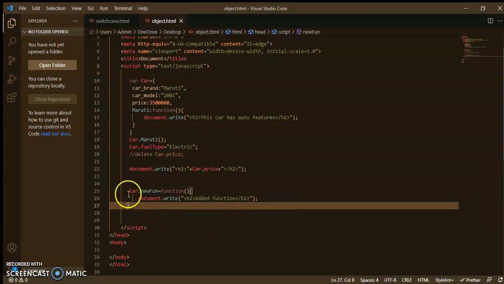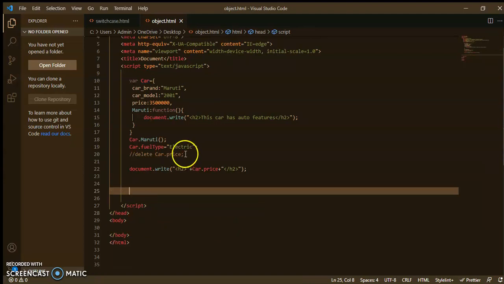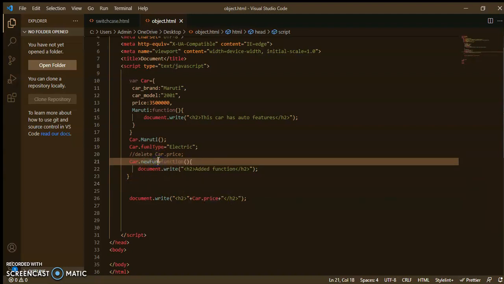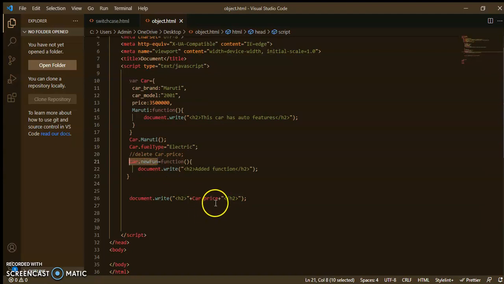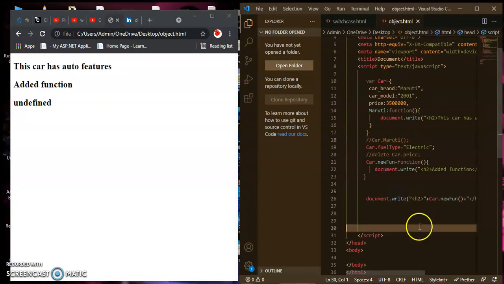Now if I want to call this function, I can call car.newFunction.